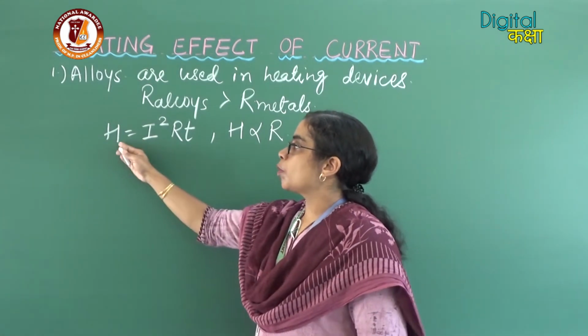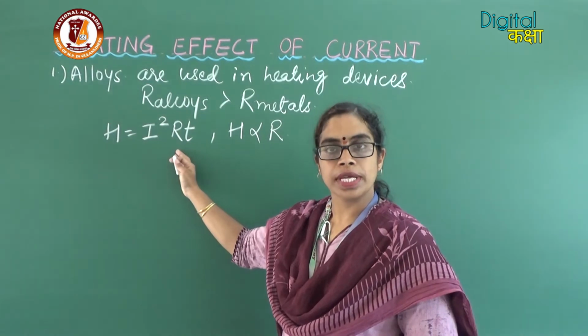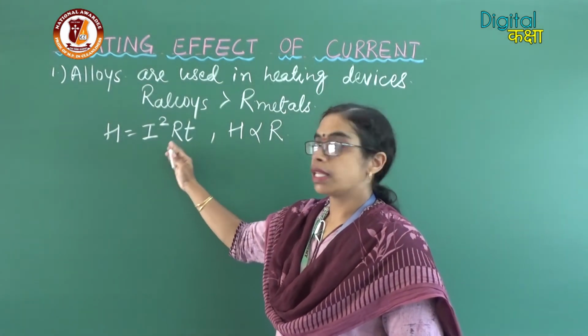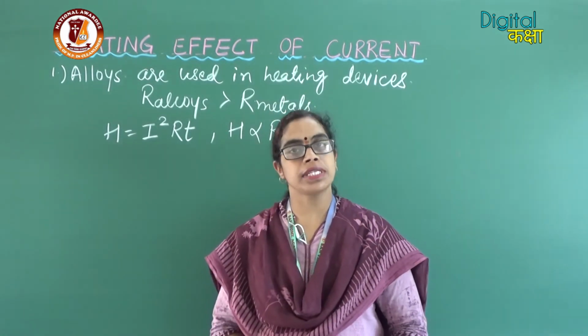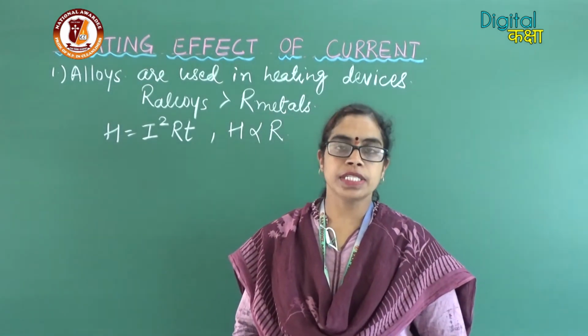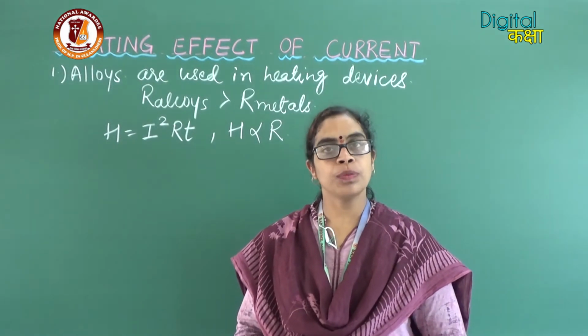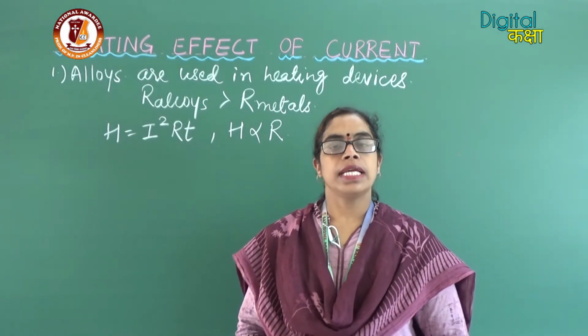So, when a large amount of heat is produced in the alloys, that is the reason that the alloys are used in all the heating devices, whether it is water heater, room heater, geyser, electric